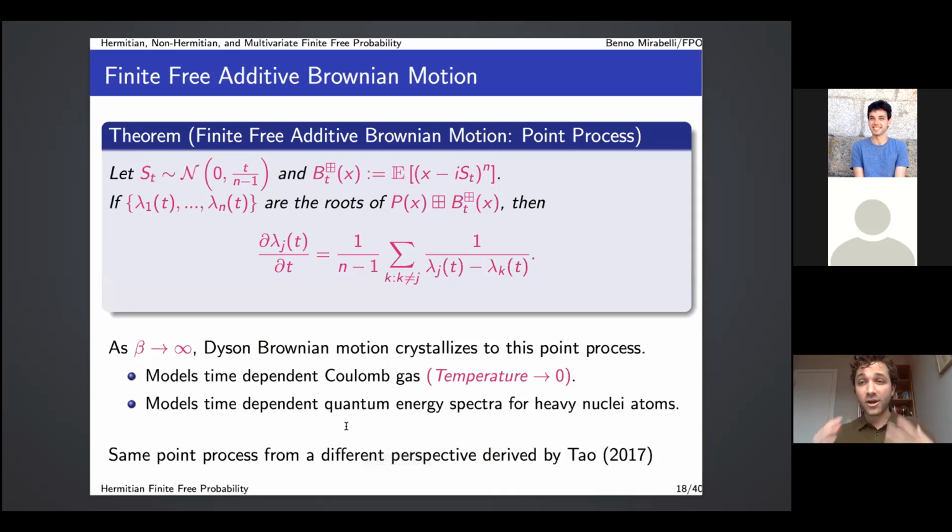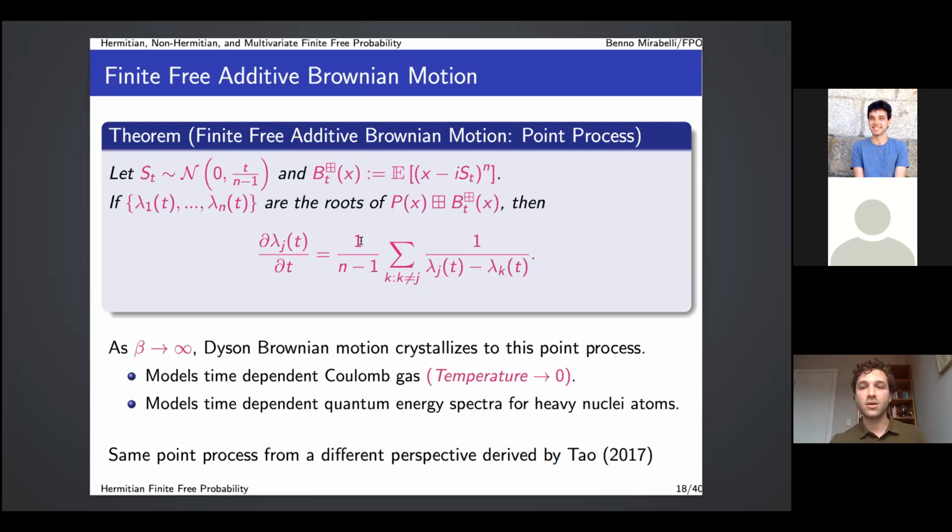All right, so also now that we have the finite free additive central limit theorem, we can define finite free additive Brownian motion, where I define my Brownian motion polynomial, where my parameter that was sigma squared, I just replace with a t, where t can be any real value. And now to perform Brownian motion on a polynomial, I say, give me any polynomial p of x with roots lambda 1 through lambda n. Then if I convolve that with the Brownian motion polynomial with parameter t, they evolve smoothly with respect to t according to some point process. And I can write the differential equation of how those roots move as I convolve with the finite free additive Brownian motion polynomial.